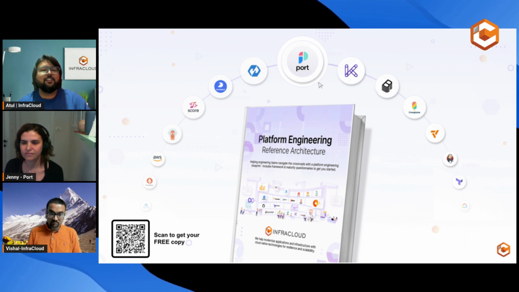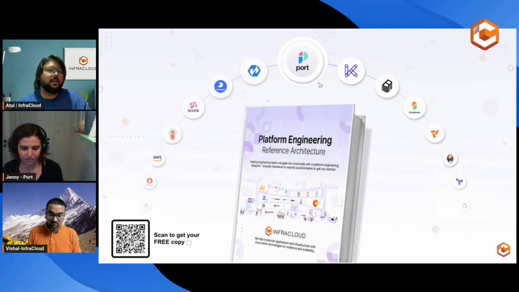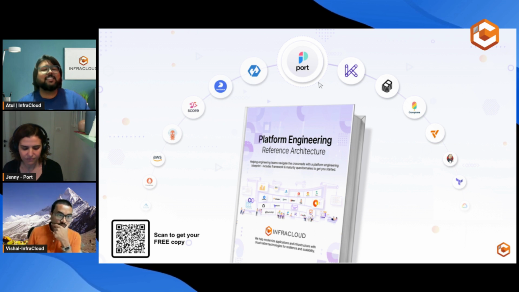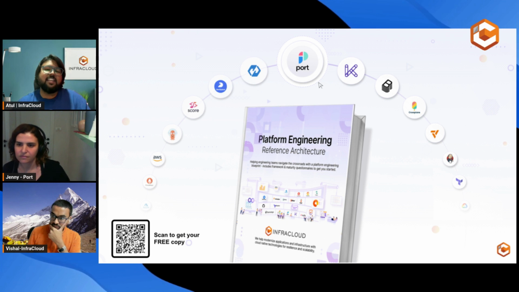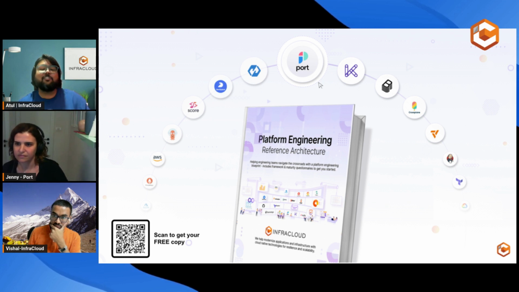That's where we at InfraCloud are bringing this platform engineering reference architecture ebook, which is based on our interactions with our customers, clients, as well as the community, and the work that we have done for the community on platform engineering. We took all the learnings, and in this ebook, we have provided everything that a platform team needs to get started: reference architectures, tool recommendations, blueprints, capability maps, and even questionnaires.